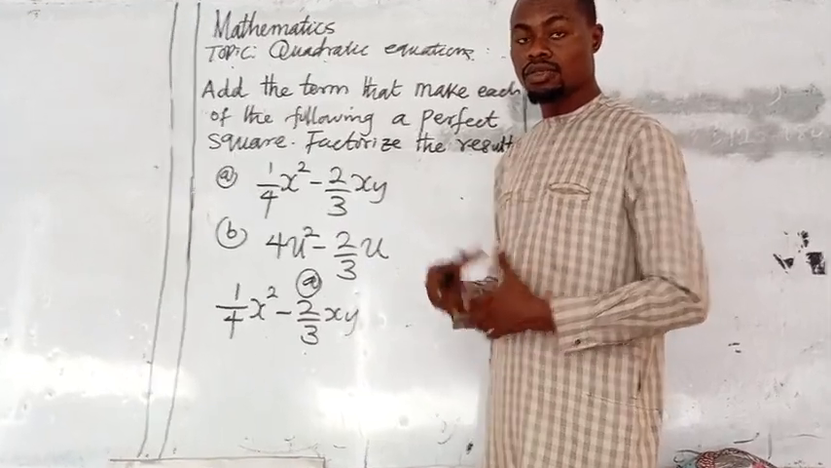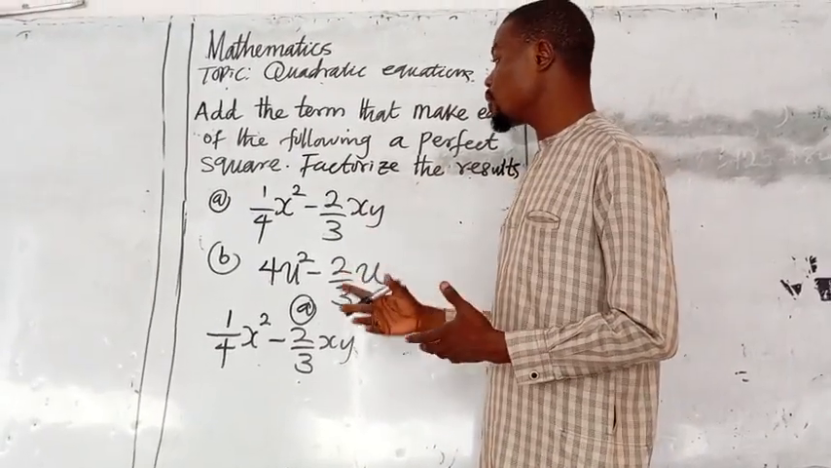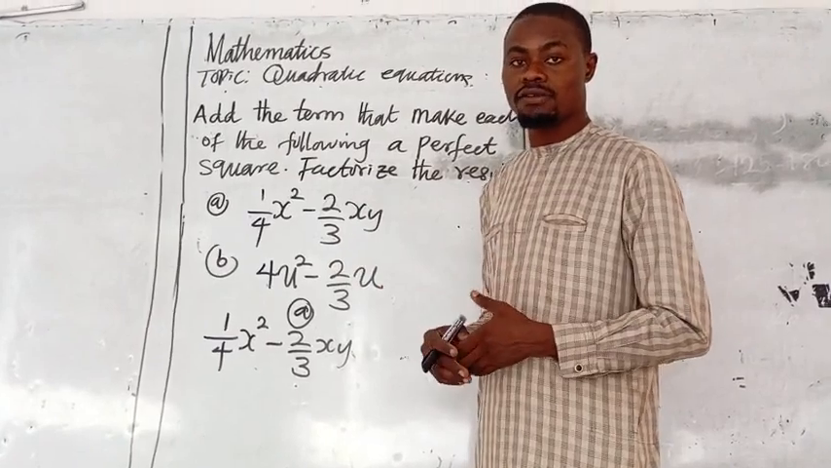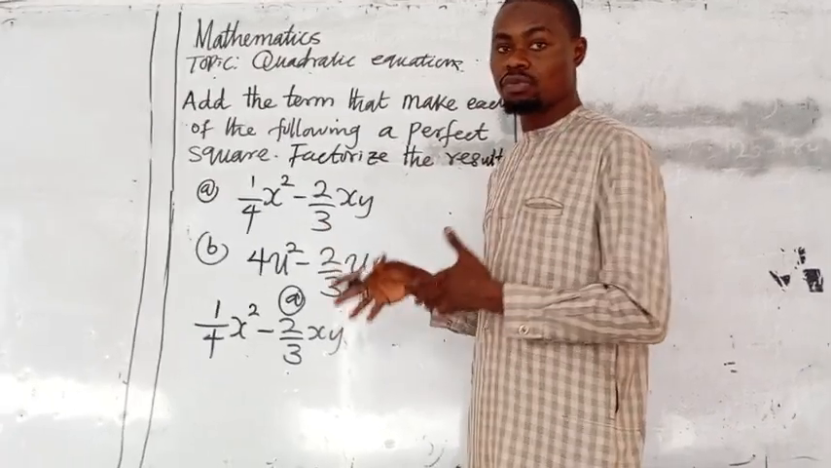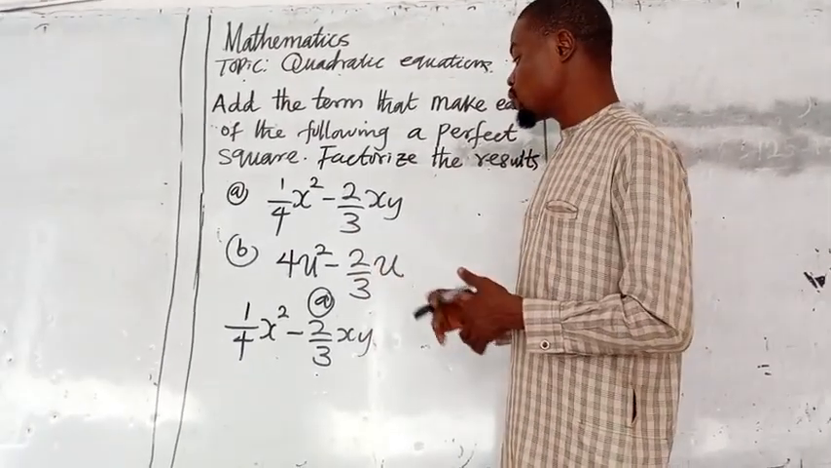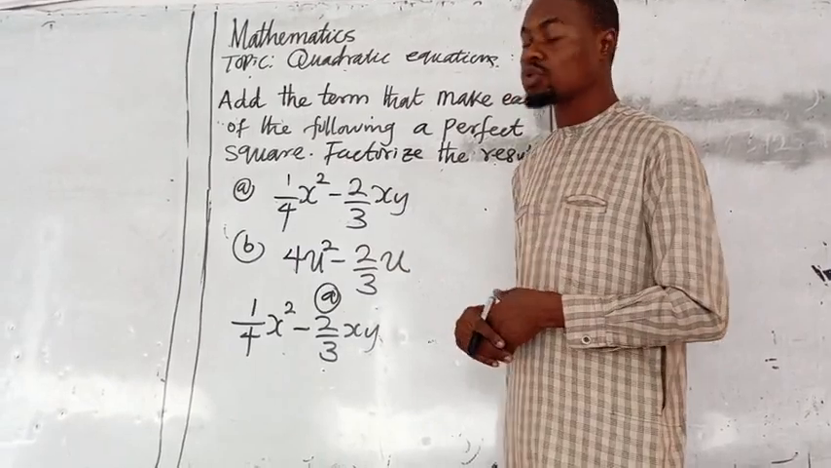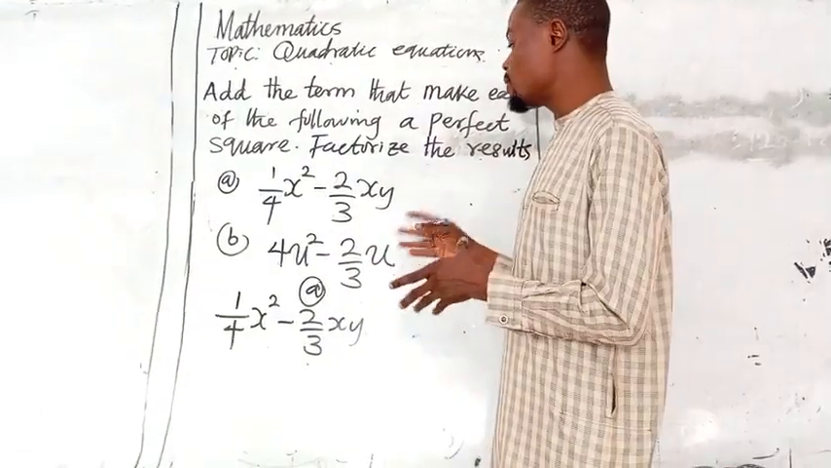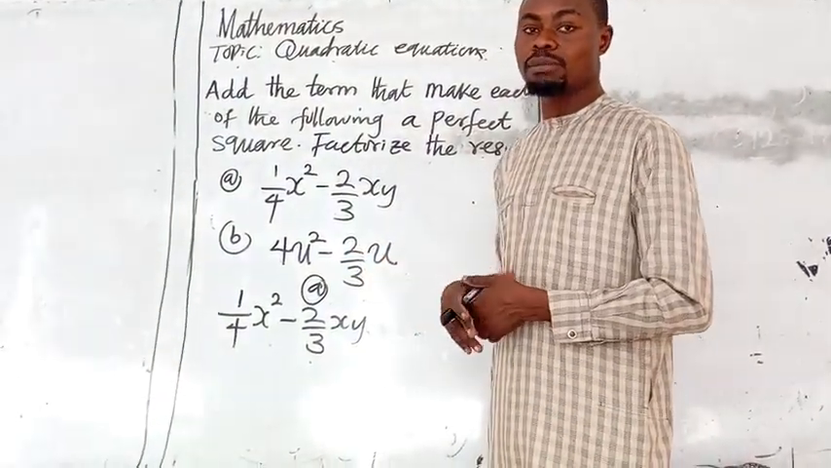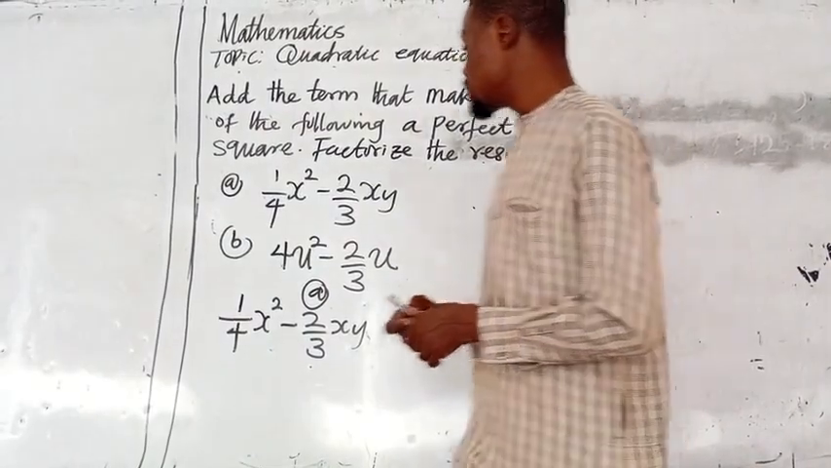In some questions, the question normally comes in objective form, and they will ask what can be added to a quadratic expression to make it a perfect square. So we are going to learn how to do that, and also how to factorize the expression after you might have added the perfect square. So for part A of the question,